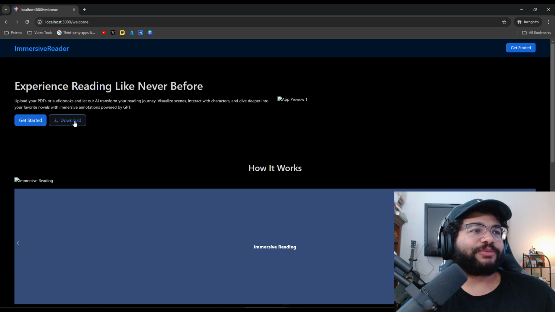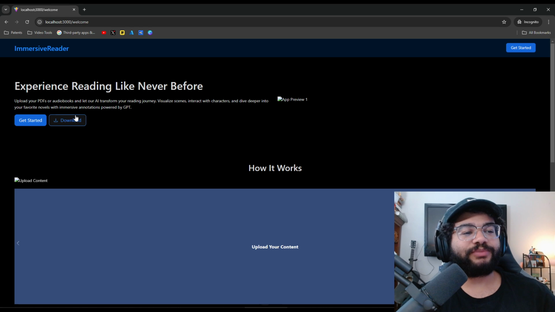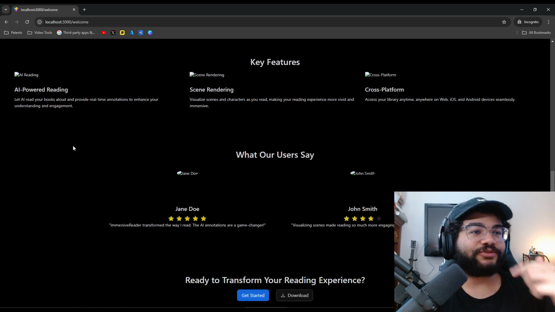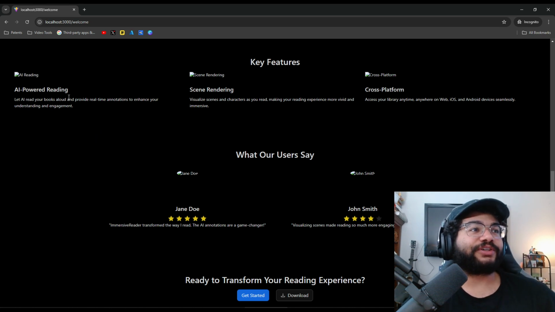There's a get started button, and also download in the future, so that people can download the iOS and Android versions. Down here, just some screenshots and illustrations featuring what the power of the app provides.